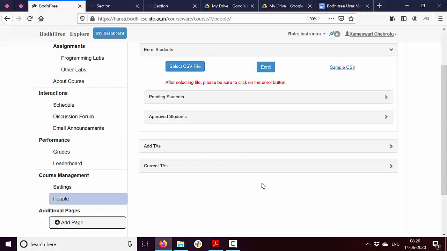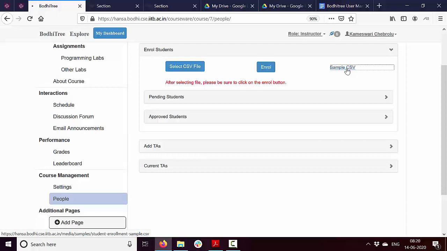Those who are not familiar with CSV, it's a very simple file format where all the fields are just separated by comma. You can create such files using Excel as well as Google Sheets or even OpenOffice. When you are saving these files, you have to select the format as CSV. Here is a sample CSV file. Again, this file you can open in Excel, OpenOffice as well as Google Sheets.